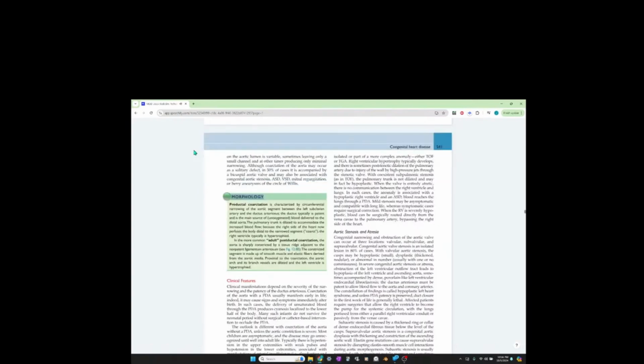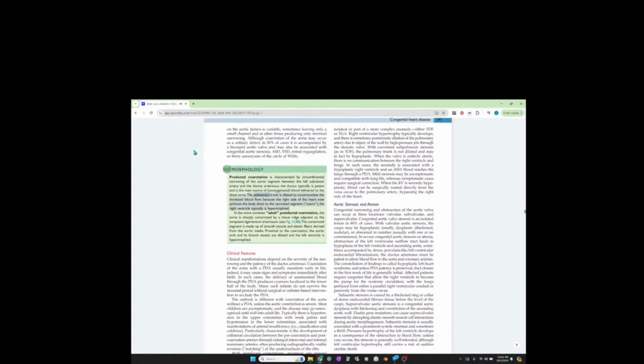Morphology. Preductal coarctation is characterized by circumferential narrowing of the aortic segment between the left subclavian artery and the ductus arteriosus. The ductus typically is patent and is the main source of blood delivered to the distal aorta. The pulmonary trunk is dilated to accommodate the increased blood flow. Because the right side of the heart now perfuses the body distal to the narrowed segment, the right ventricle typically